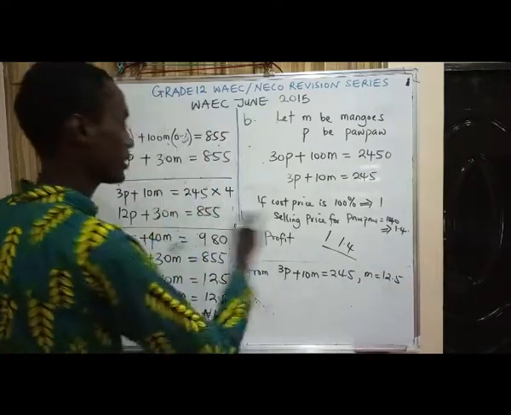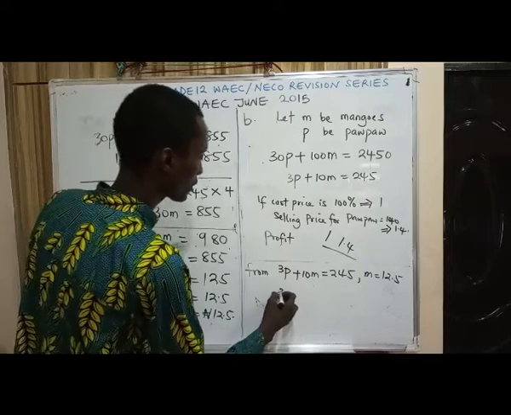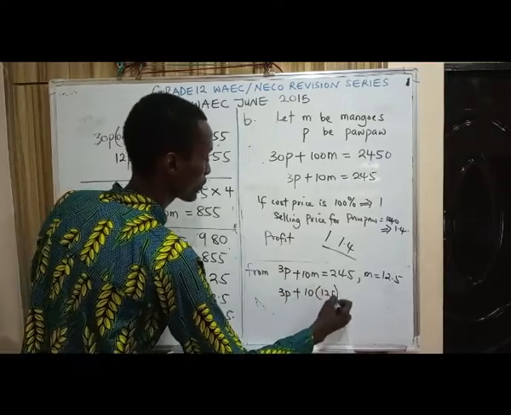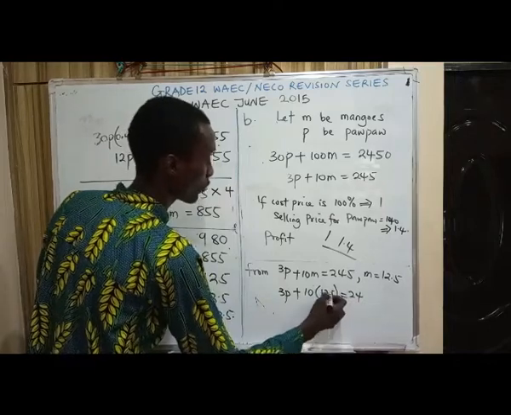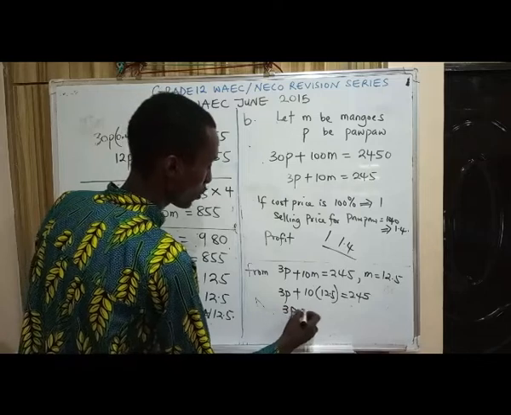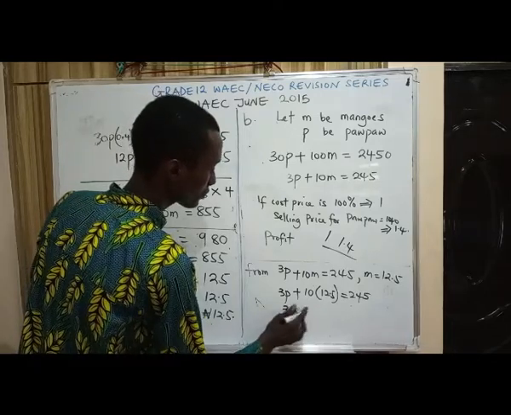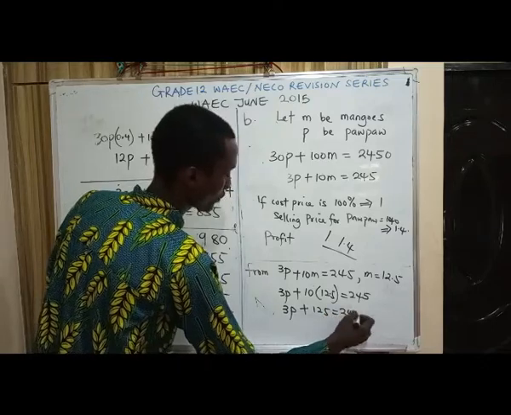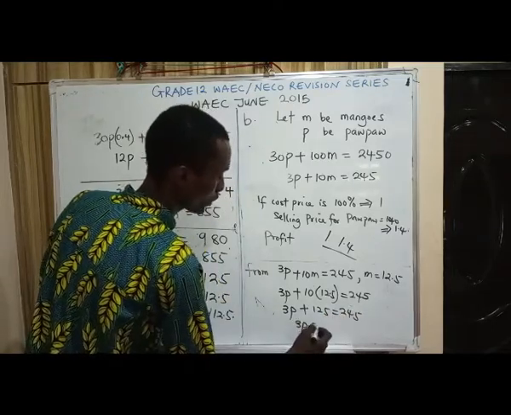So I can put that in this equation, which will mean that 3p plus 10 times 12.5 will be equal to 245. So 3p plus 125 will be equal to 245, meaning that 3p will be equal to